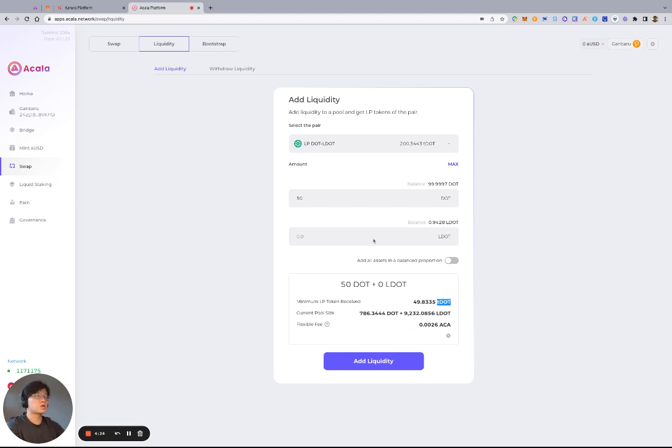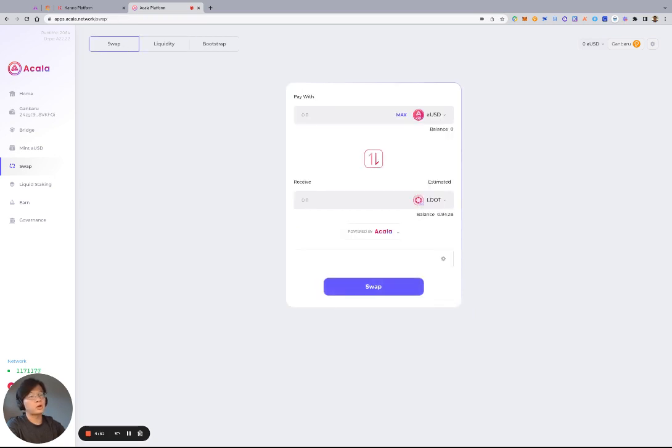And then afterwards, I'm not actually going to go through the actual transaction. I already have some Tdot that I'm holding, so I can show you guys what are the benefits of having Tdot. So once you've contributed liquidity, you will get the Tdot in return, which is also an LP token. Ultimately, what that enables is to enable traders to basically swap in and out between DOT and LDOT in a very efficient